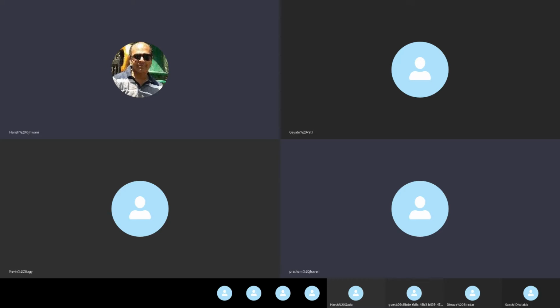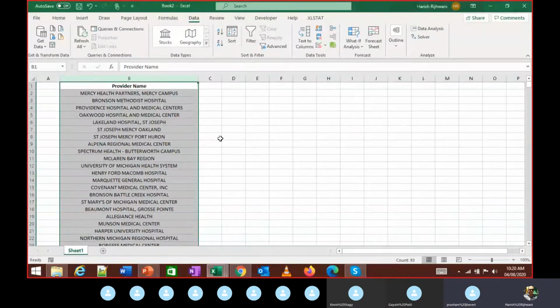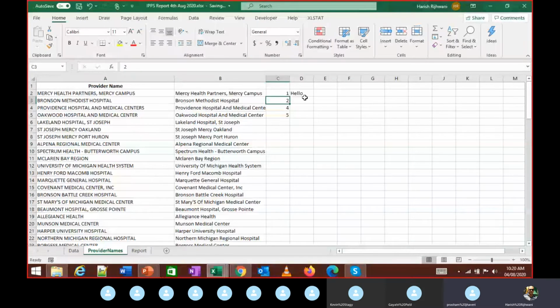Sir, why didn't the flash fill work on the third column? Because it is searching for a value on the left or right, whichever is there. So here also nothing is there over here. So here I have 1, 2, 3, 4, 5.